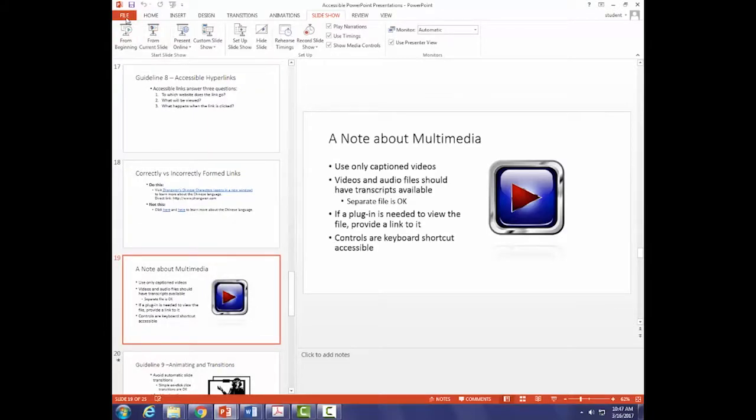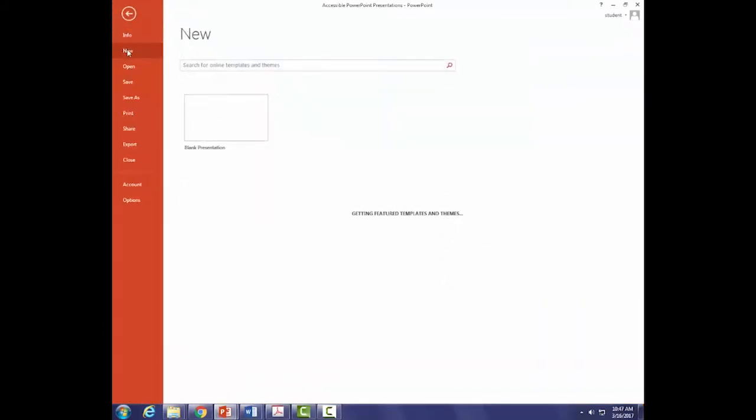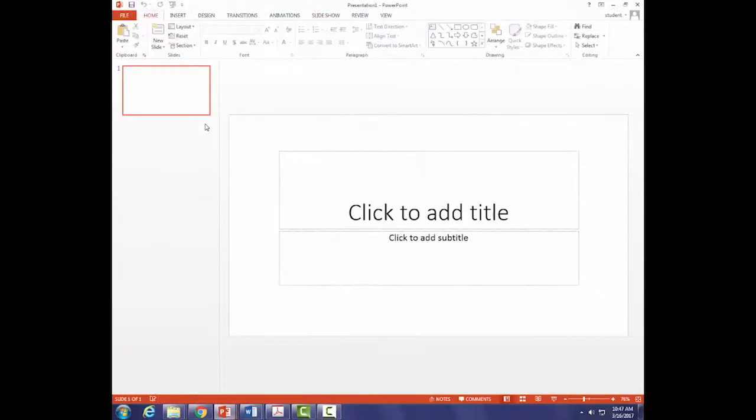So I'm going to go to File, and I'm just going to go to New and blank document. All right, so I've got my new blank document. Now I've got just a plain document. I have not in any way added anything. I have not changed my design or my themes or whatever.